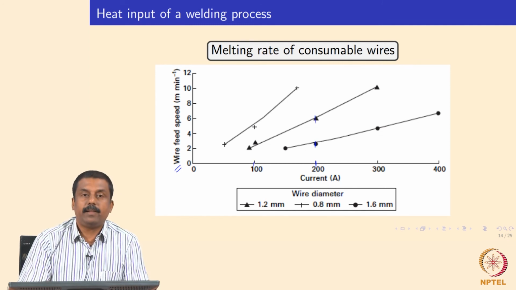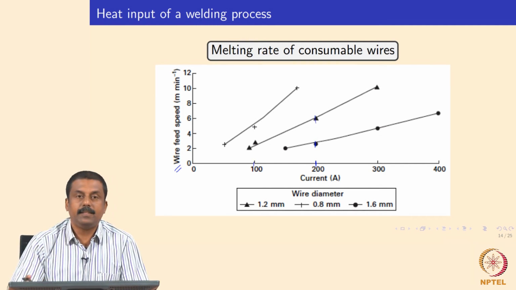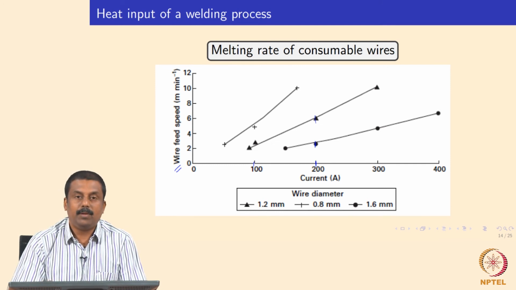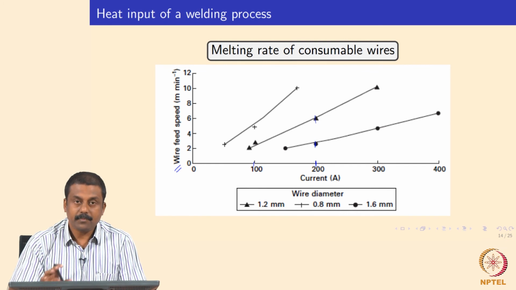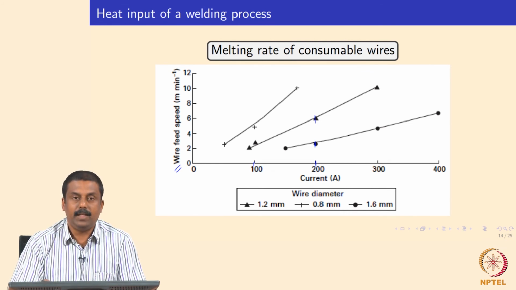So it is very important to understand the basic physics. I won't go into detail about why the melting rate changes as a function of current, and the derivation of the equations of the melting rate as well as the efficiency, because I will be covering that in detail in my subsequent MOOC class on welding processes. So right now you have two equations I showed you which are very important. How to calculate the heat input: heat input is nothing but the efficiency times voltage times current divided by welding speed,